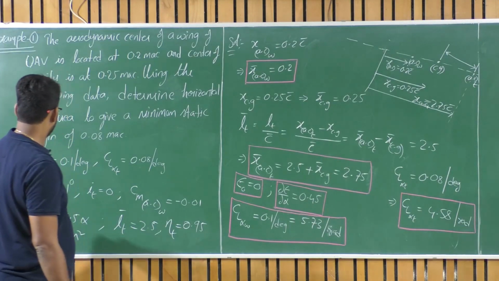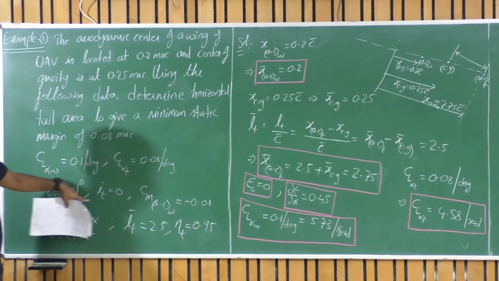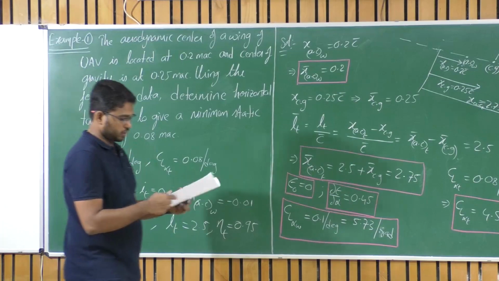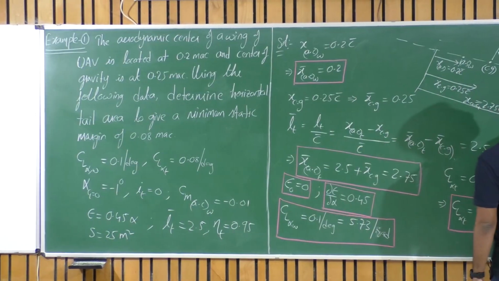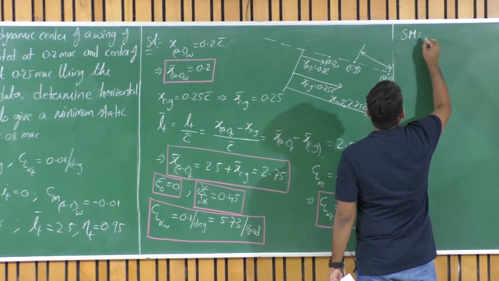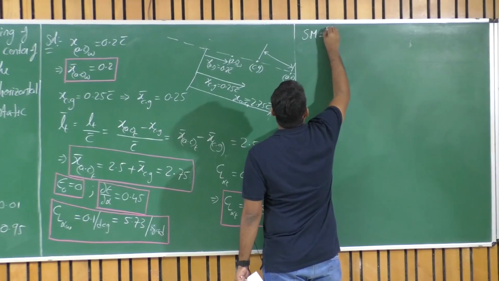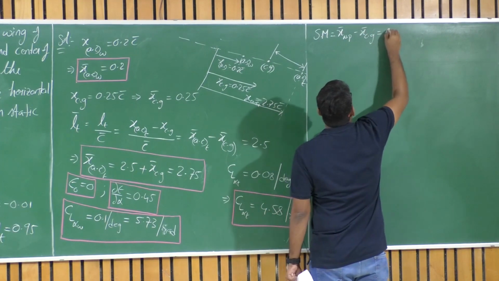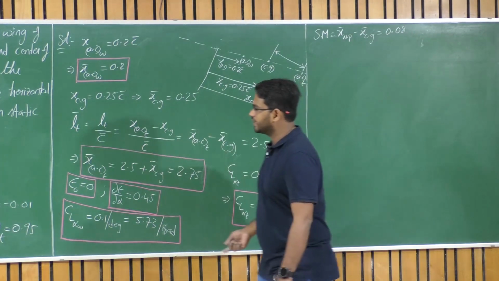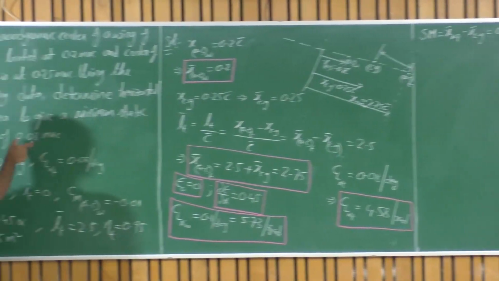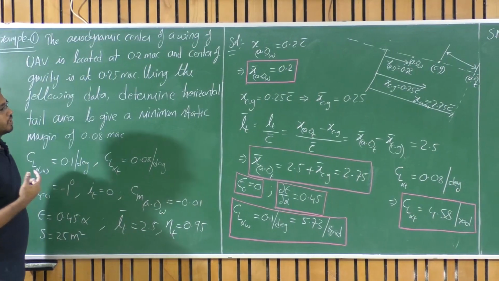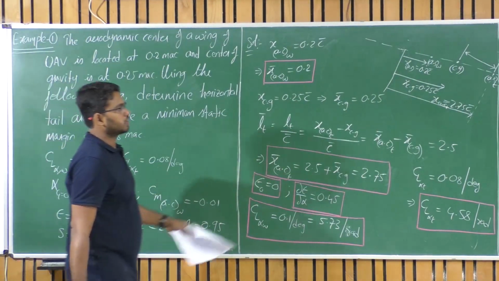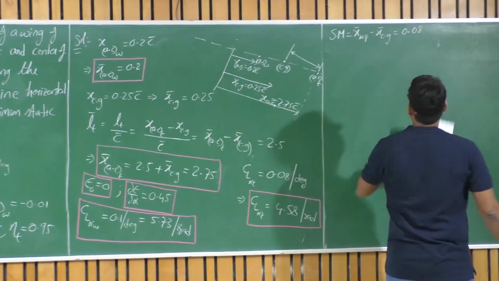So this is what I can see. Alpha at which CL0 is -1 and i of t is 0. CMAC of the wing is also given. So this is what I have, and again static margin is given here, right. So static margin SM is equal to X bar NP minus X bar CG, which is 0.08, right. See, it is already in C bar, in MAC. So if we take X bar NP minus X bar CG, then it is 0.08 C bar. We are talking in terms of non-dimensional numbers, so let it be 0.08 then.